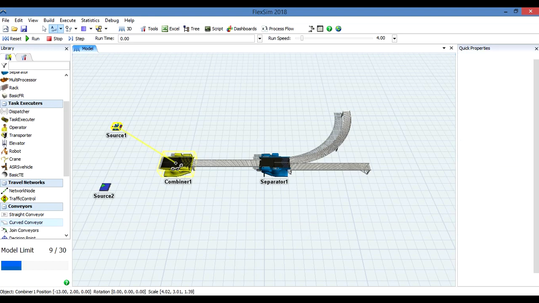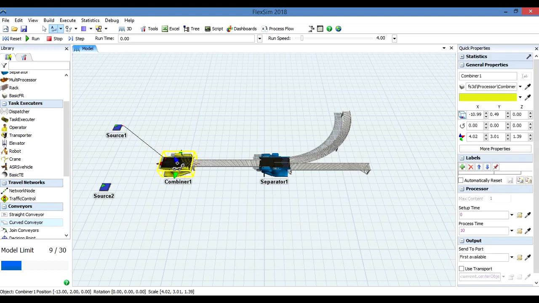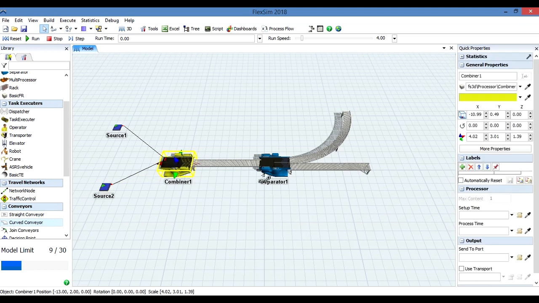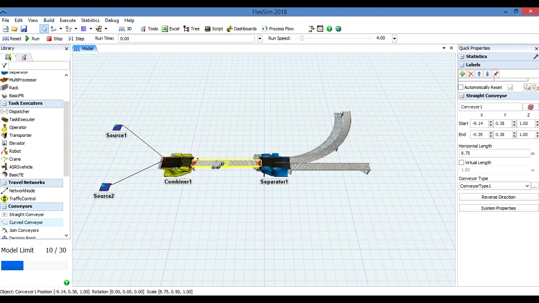I'm going to click to tell the software the sequence with the key A from here to here. And now we have indicated that from here and here go to this combiner. I'm going to keep making the connections from the combiner to the conveyor,